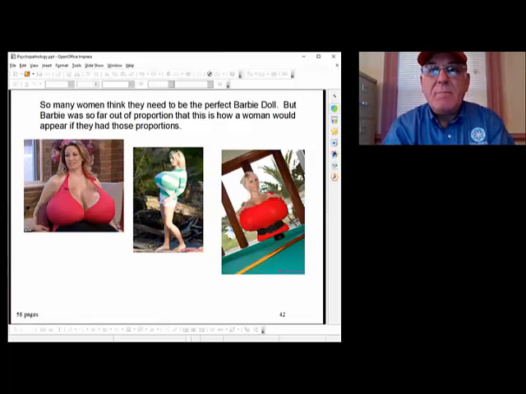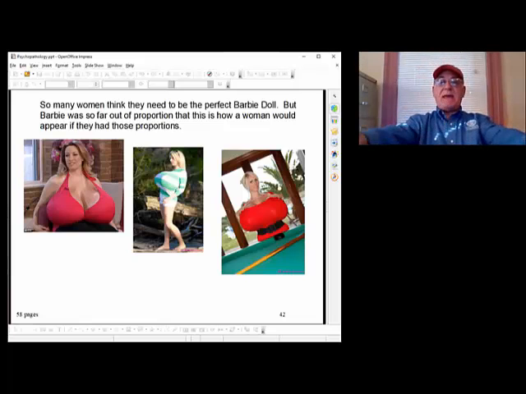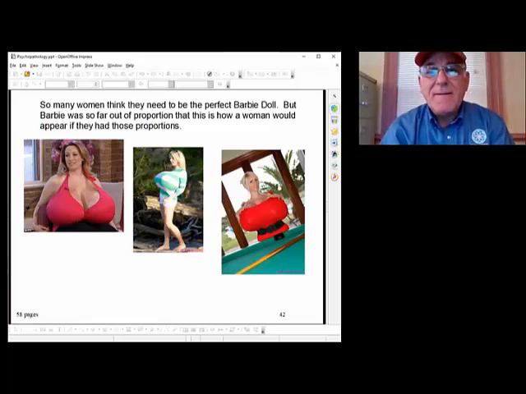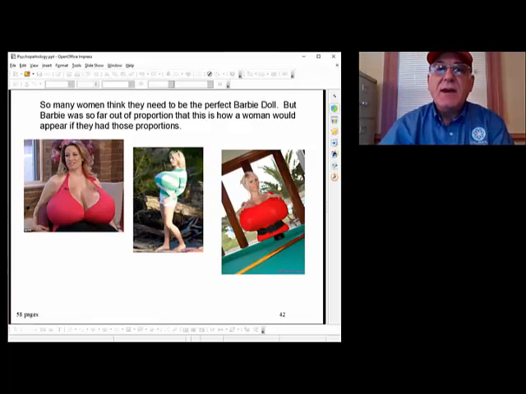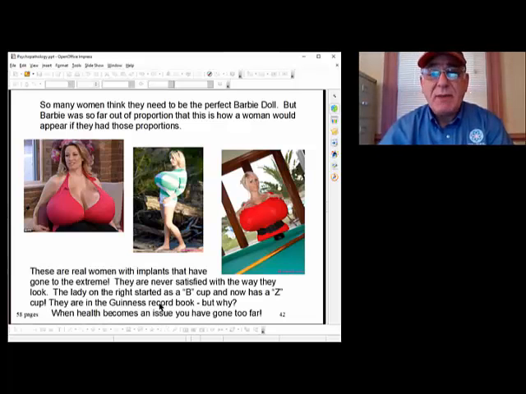Both of these women started out in the world as B cups. And now they are Z cups. And they are in the Guinness Book of World Records for the largest implants. And I can't even imagine. How do you drive a car? You have to lean back. How do you reach the steering wheel? You're destroying your back muscles, your bone structures. You're putting too much weight on your bone structures. You are hurting yourself. And that's part of a pathology. That's what pathology is about. So